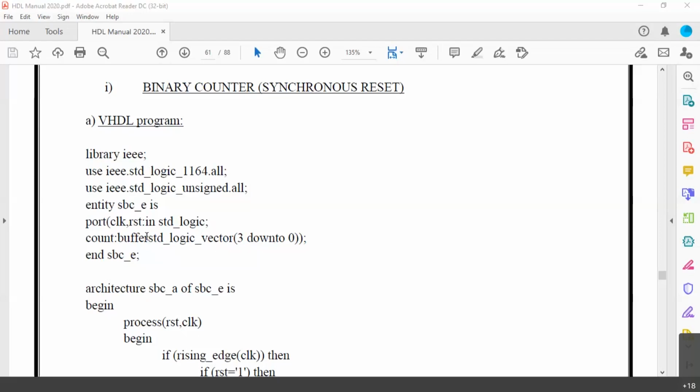It is declared as a buffer because in VHDL, if we declare it as output, output cannot come at the RHS of a statement. Whereas here we are going to use this count even on the RHS. That is why it is declared as buffer, similar to inout in Verilog.